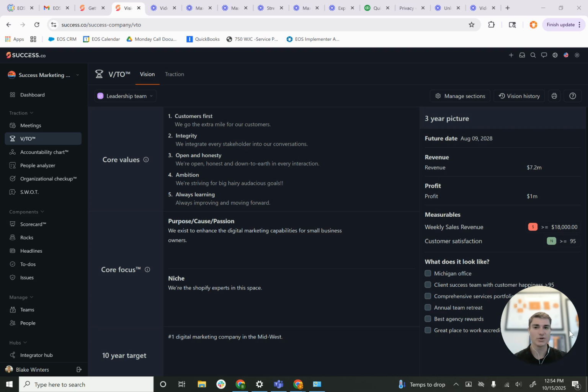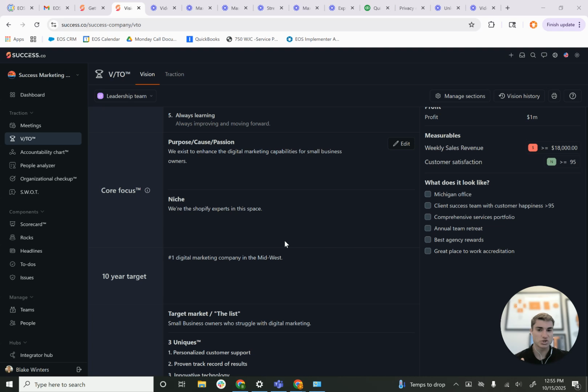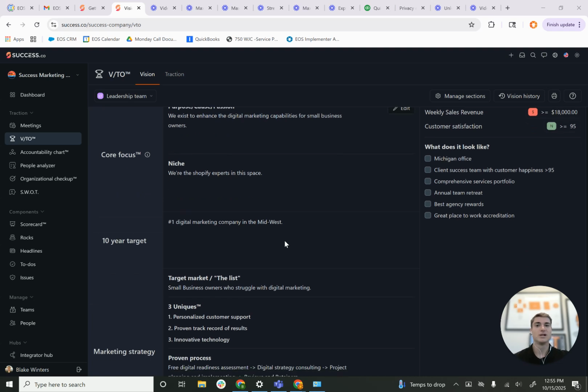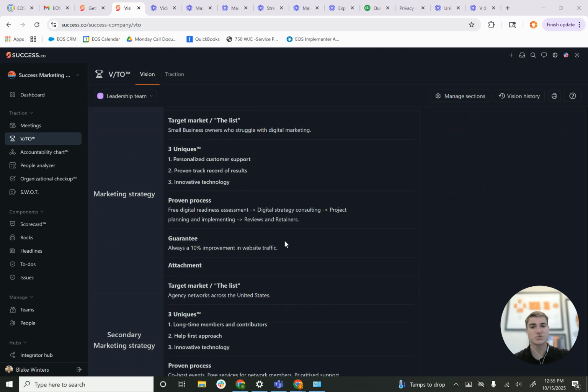Here in the software, you can build your VTO right into the software. We've got things like our core values, where you can list out your core values with some of the supporting information, really rounding out that core value speech. We've got the core focus, which is the sweet spot of your organization, your purpose, cause, or passion lined up with your niche. You've got your 10-year target, which is that big long-range goal that we're all working to achieve, as well as